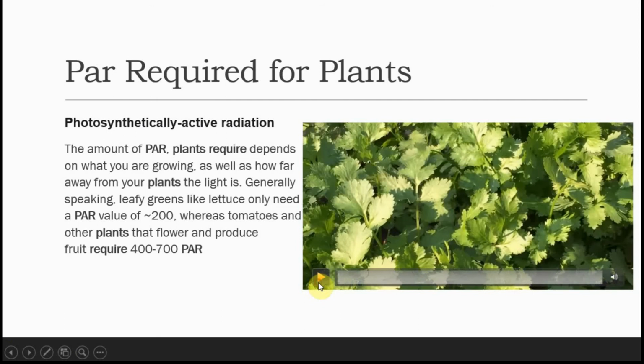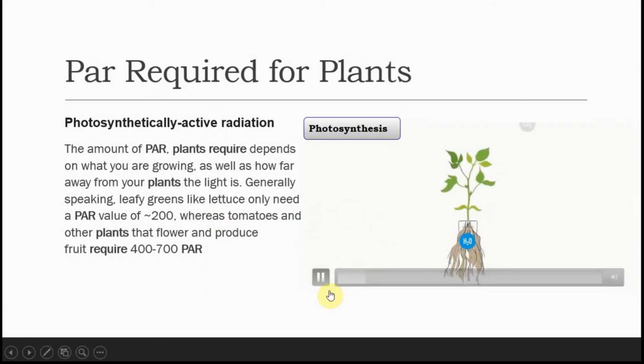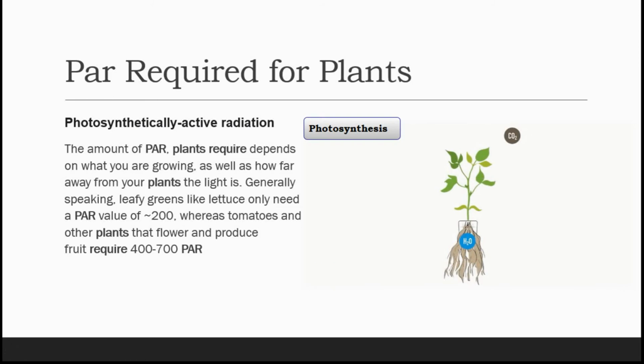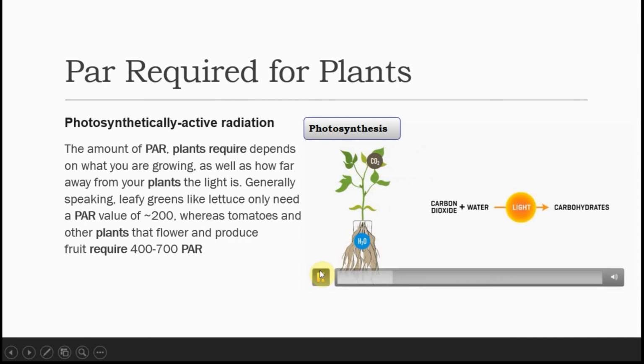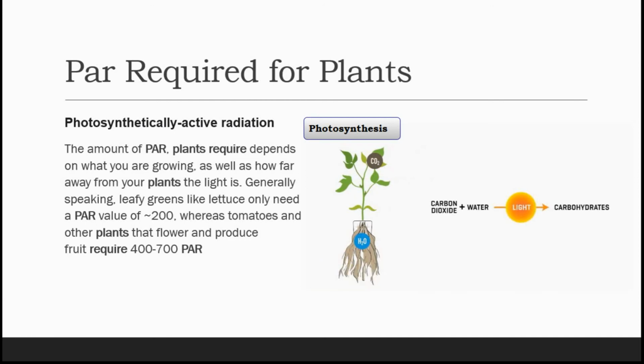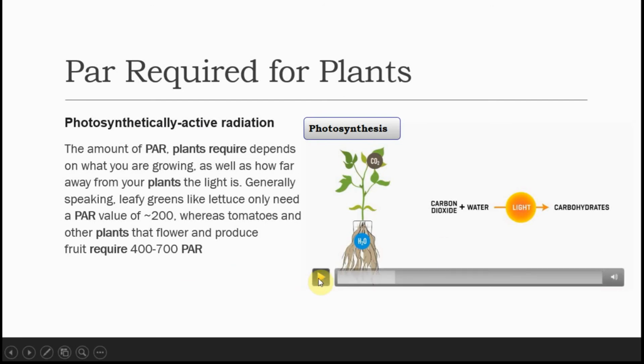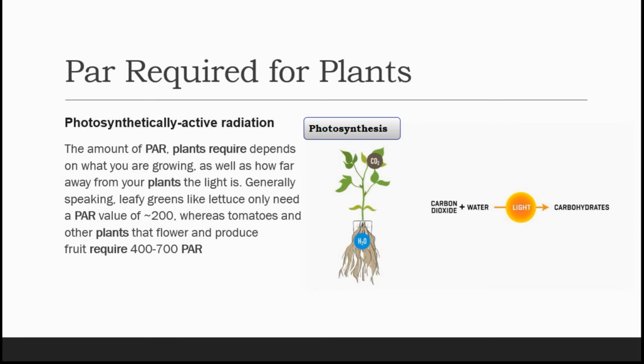play the video here. Now we would be just talking about the photosynthesis process here because power is actually required for our photosynthesis. So in the photosynthesis process, roots take water, plants take carbon dioxide from the air, and as you can see here, when the plant's roots take water and leaves take carbon dioxide, then light plays a very important role to break this carbon dioxide and water into carbohydrates. That's the reason why this power is very much required for the plants.